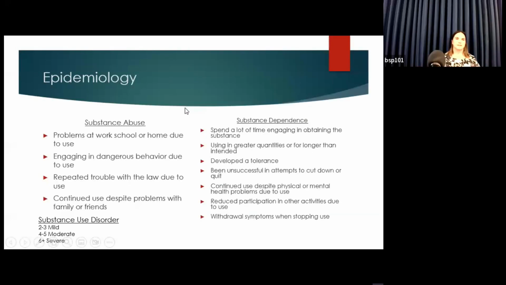So it used to be that we kind of thought of people as having substance dependence. So that's physiologic dependence, things like needing more of the substance to get the same response, withdrawal symptoms, cravings, and then people who have abuse or consequences of substance use. And these were sort of thought to be 2 separate pieces, but the reality is it's more of a spectrum. There's very few people who have pure substance dependence and very few people who are purely abusing substances.